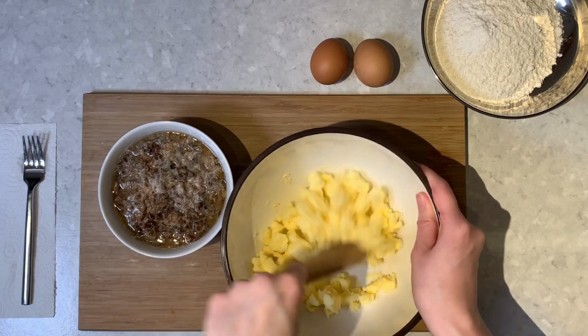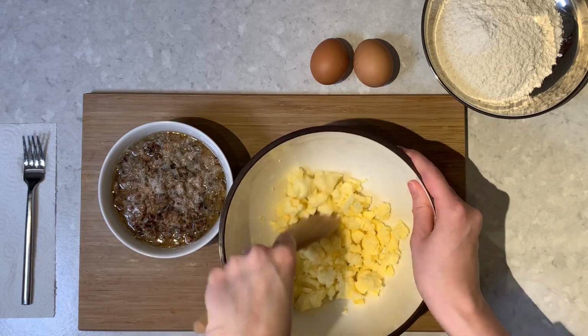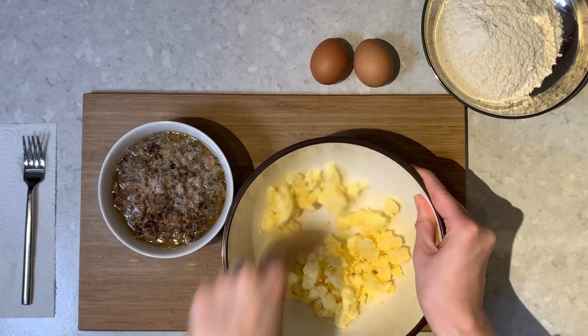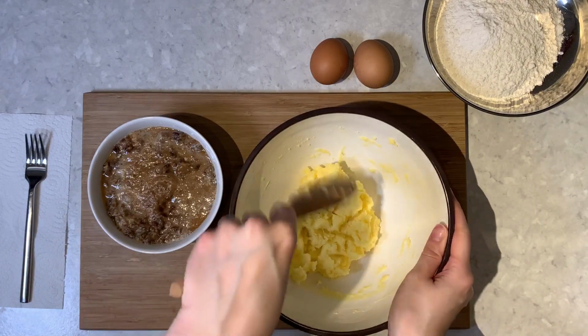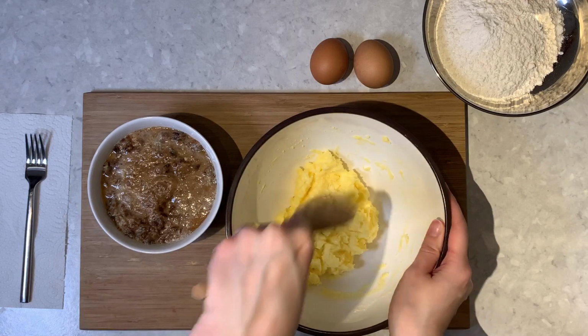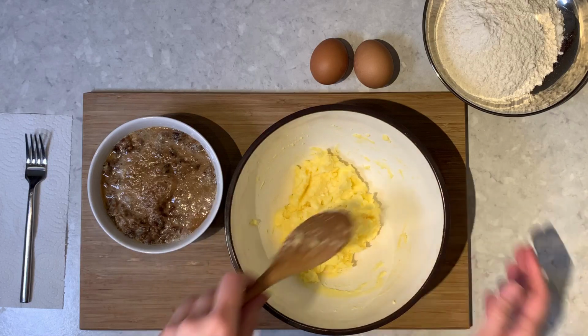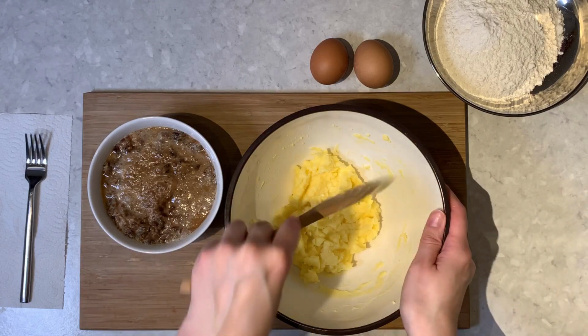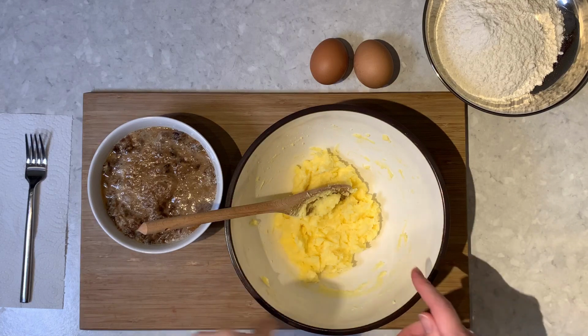So what we'll do now, through the magic of YouTube, is you will come back to me when this is creamed. Right, so that is our butter and sugar creamed together, and I am knackered because that's hard work. But there you go. If I did it in the blender, you wouldn't be able to see it, so I did it for you. Now, we're going to add 1 egg, get it mixed in, and then the second one,